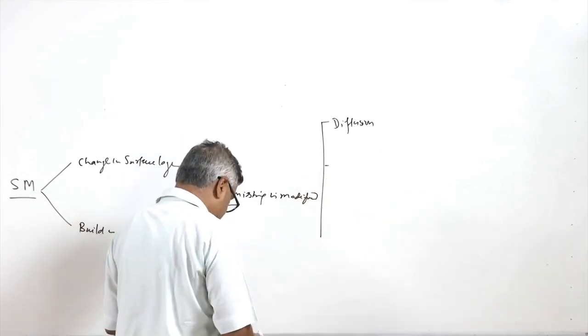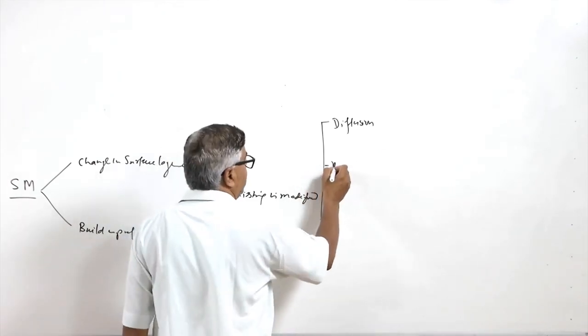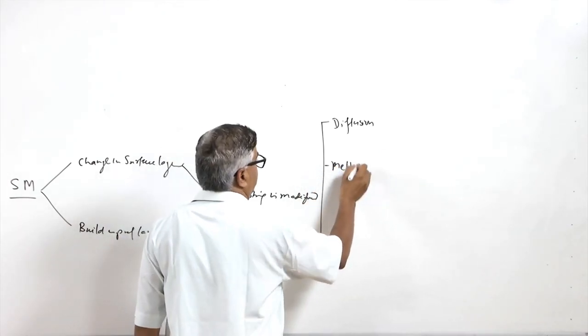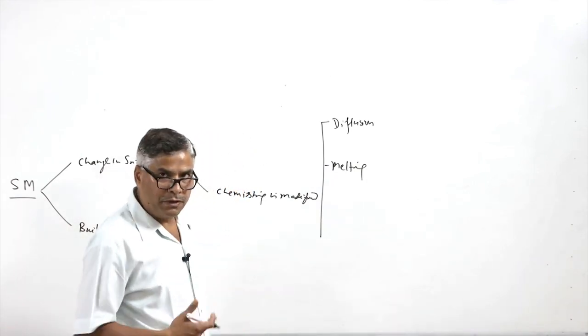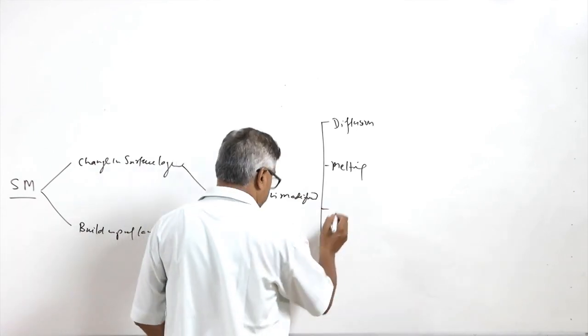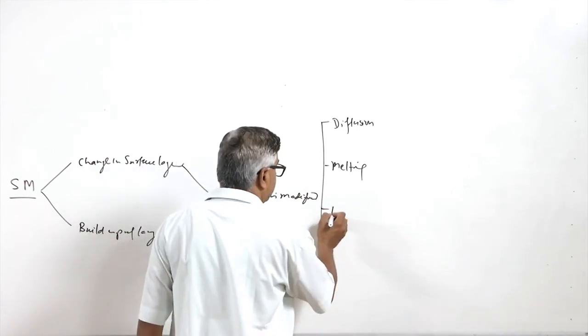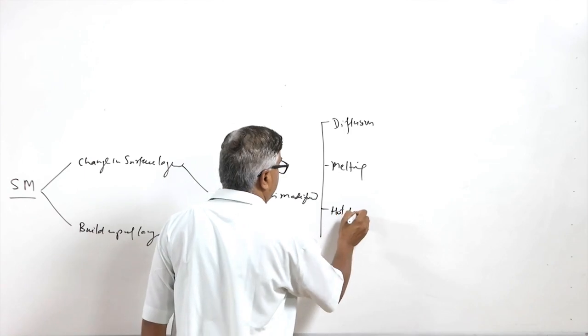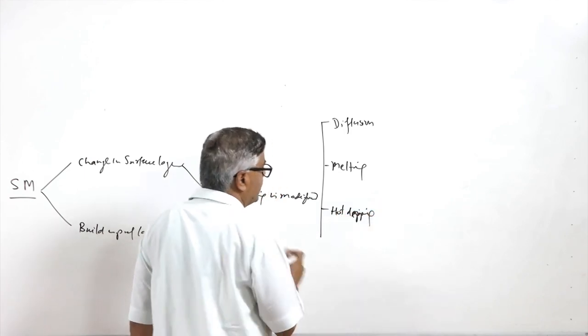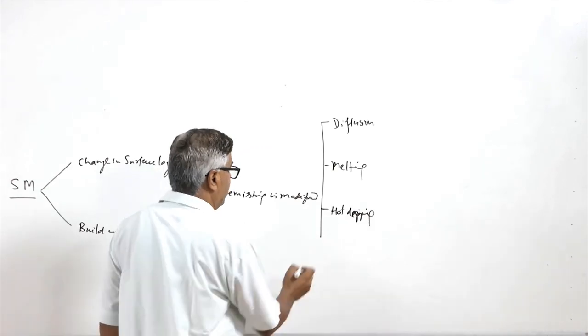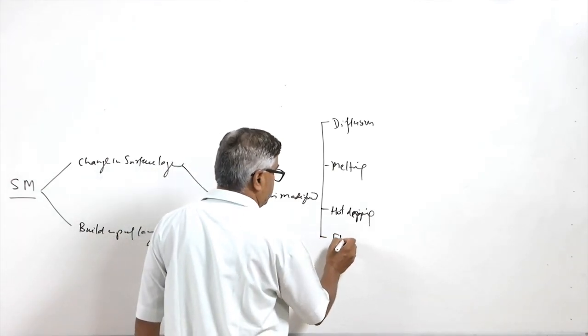The second one is where melting facilitates the modification of the chemical composition or the chemistry of the functional surfaces. And then there is hot dipping, where the component to be surface modified is dipped into a hot molten bath, and then electrolysis based methods,